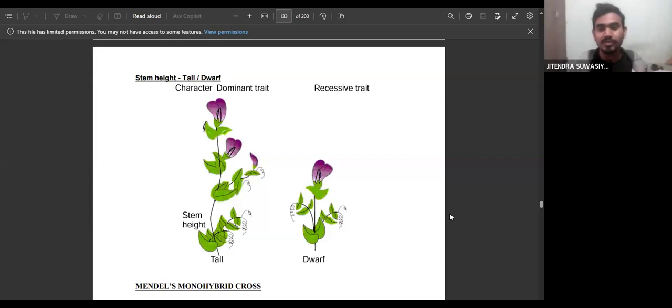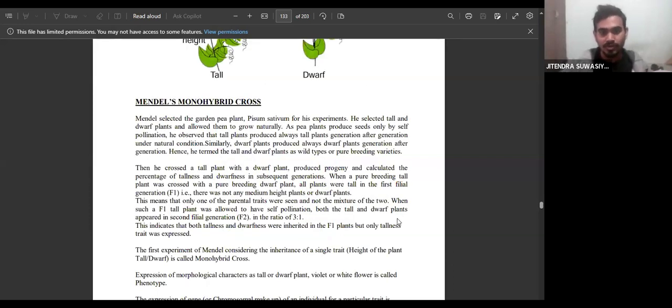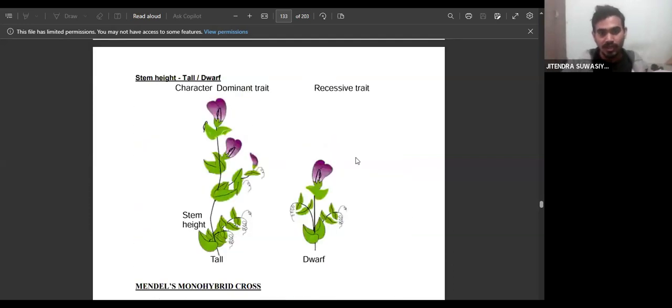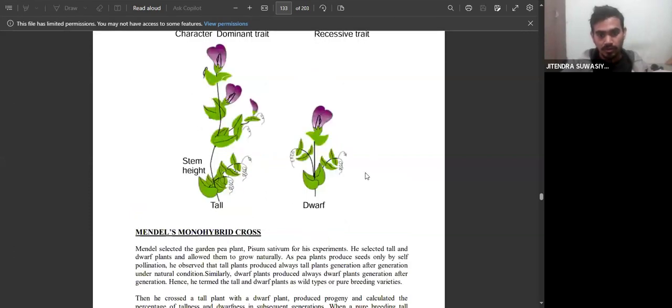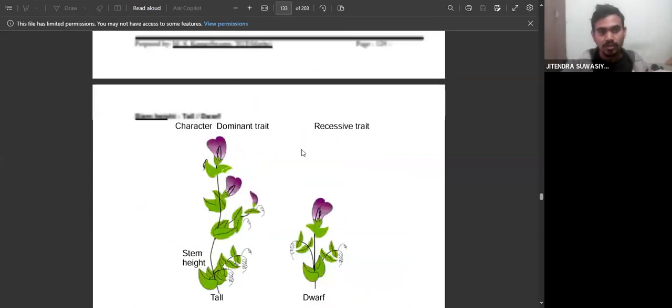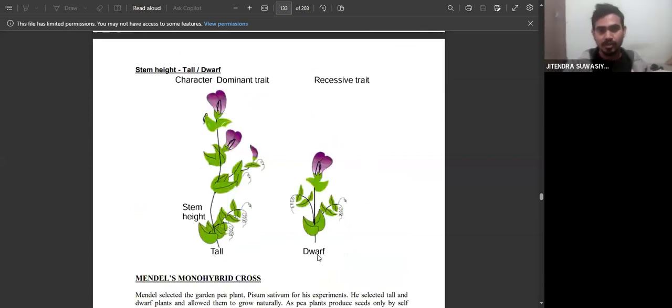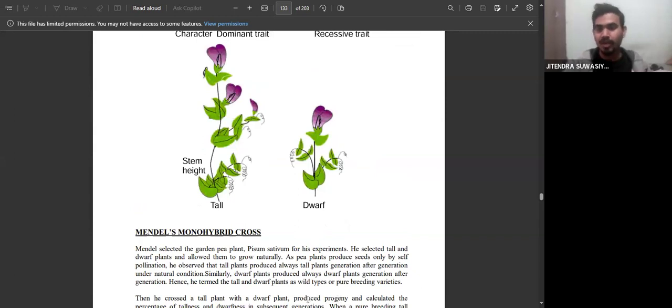After that, we have seen what the monohybrid cross was. He has taken the pea plants for his research purpose, that is Pisum sativum. First he did the monohybrid cross, and after that he did the dihybrid cross. In the monohybrid cross, first he took one contrasting character,